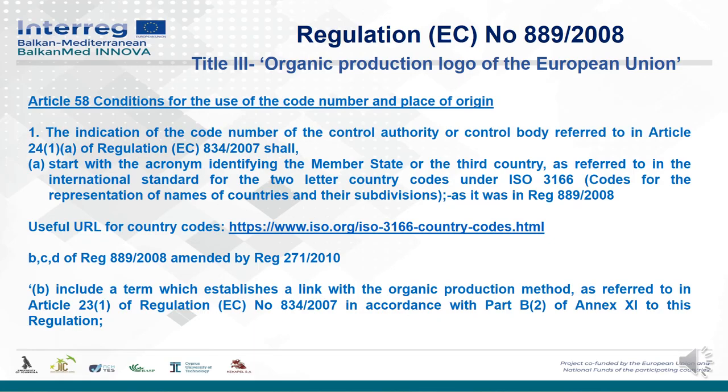The indication of the code number of the control authority or control body referred to in Article 24, Paragraph 1 of Regulation 834 of 2007 shall start with the acronym identifying the member state or the third country